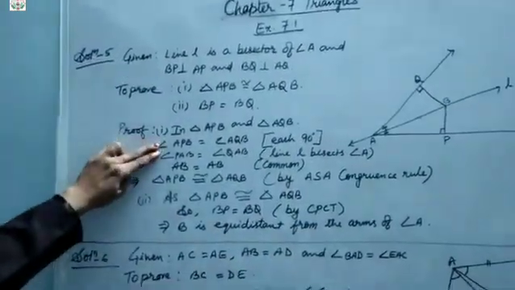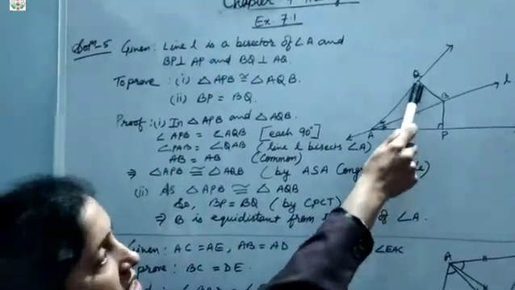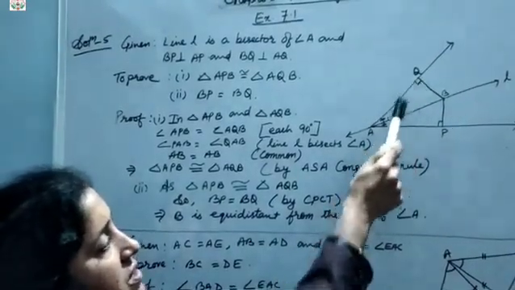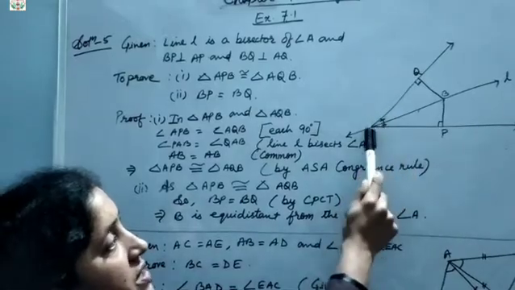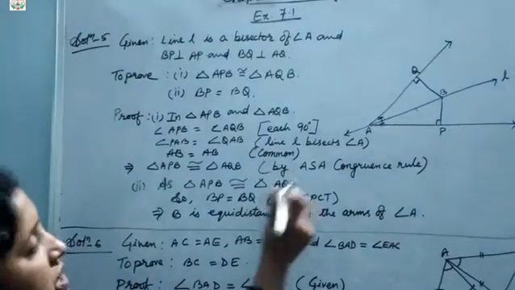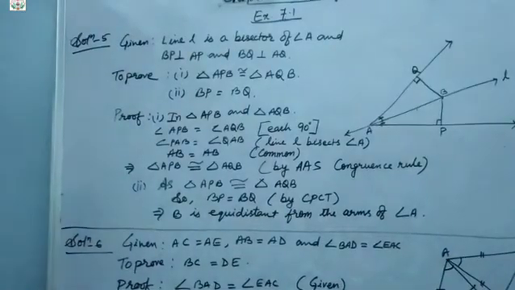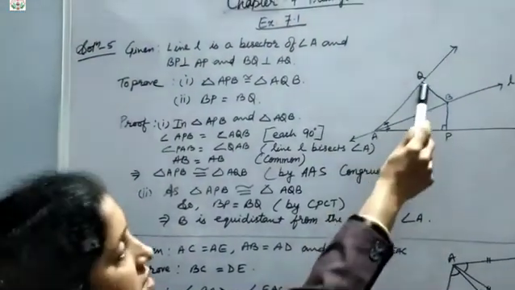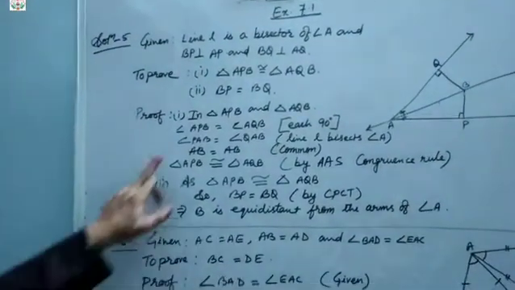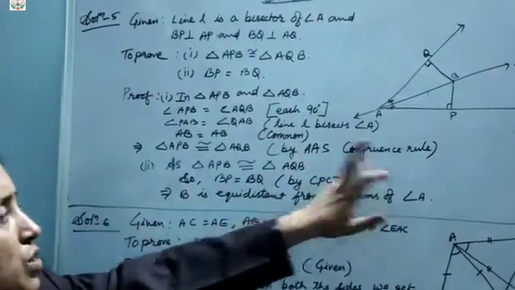No doubt here two angles are written first and then the side, but you see the figure first. Here what is given? This angle and this angle. These two angles, based on this side is given as common, means any two angles and one side, so it will be AAS. AAS, they are congruent. Okay, any two angles, 90 degree and this, any two angles and one side is common, means which congruency it will follow? That is AAS congruency rule.